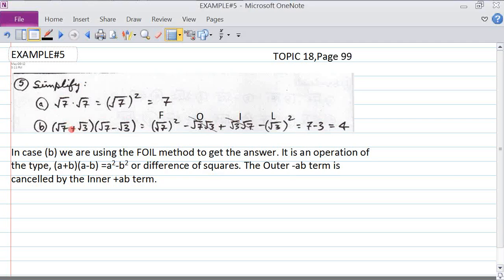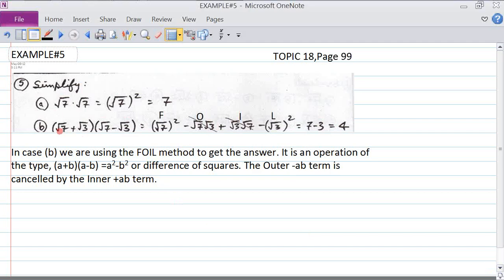Now here we have a plus sign between the two terms. So we have an a plus b, a minus b kind of problem, because this is a and this is b. So we have a plus b and a minus b. And so when we do that, there's a difference of squares and there's no middle term, because the plus ba is canceled by the minus ba. The inner and the outer term